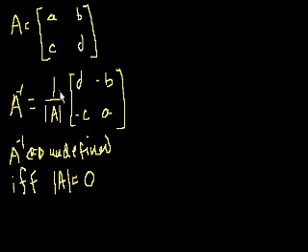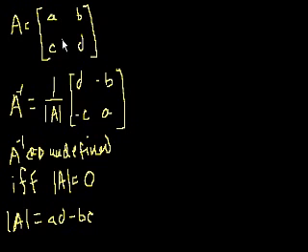So what is a zero determinant? Well, in this case, what's the determinant of this 2 by 2? The determinant of A is equal to AD minus BC. So this matrix is singular, or it has no inverse, if this expression is equal to 0. So let me write that over here. So if AD is equal to BC, or we can just manipulate things, and we could say if A over